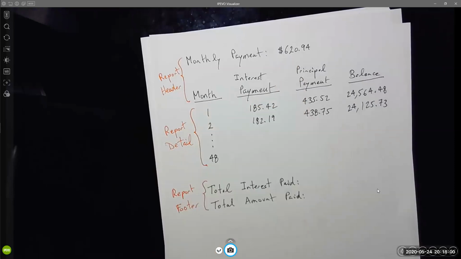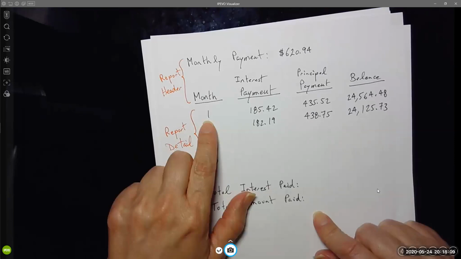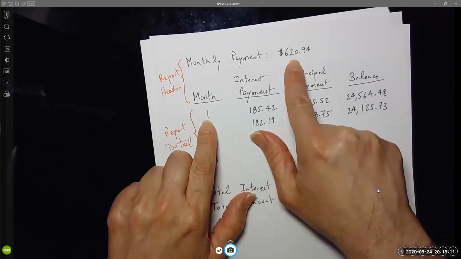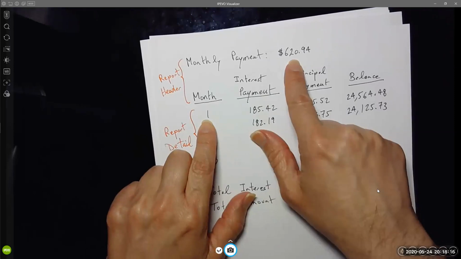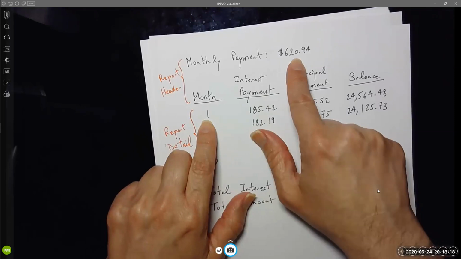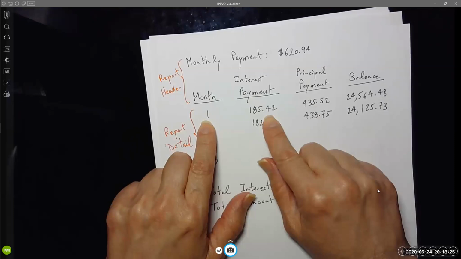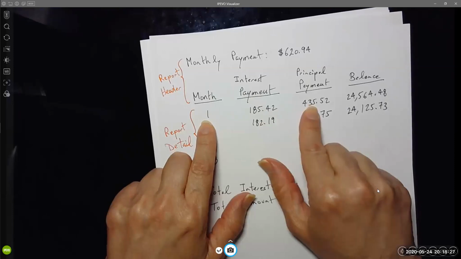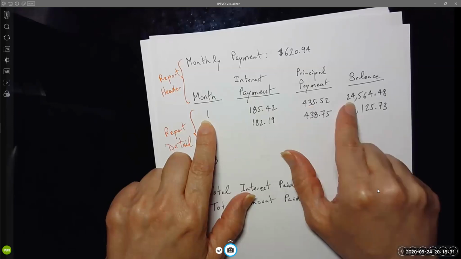Now, you want to create a payment schedule to show basically what would happen at the end of every month. At the end of month one, you paid $620, but of course, not all of it is going toward the principal. You're going to be paying interest. So in this case, out of the $620, you're going to be paying $185 for the first payment toward interest, and $435.52 toward principal. This is going to reduce the balance from $25,000 by $435.52 to